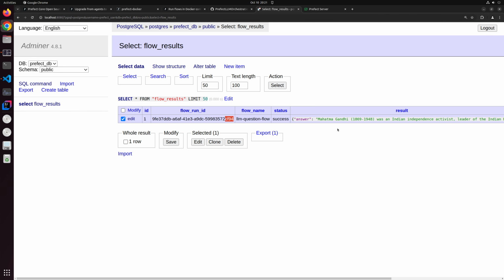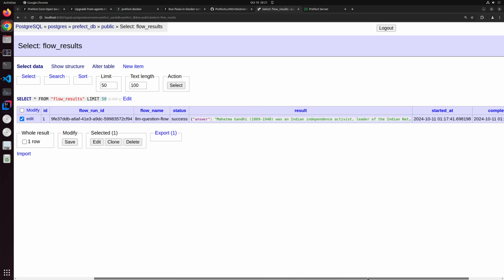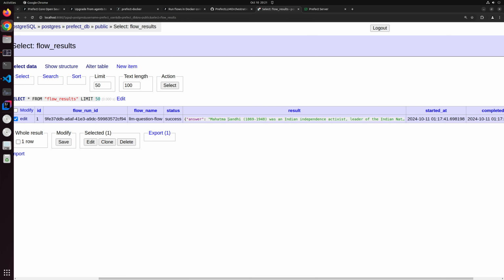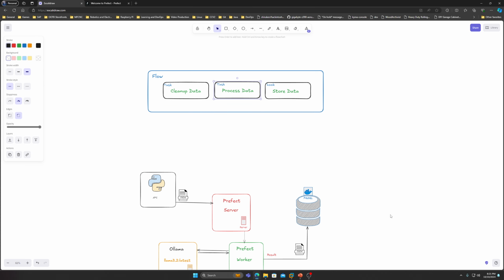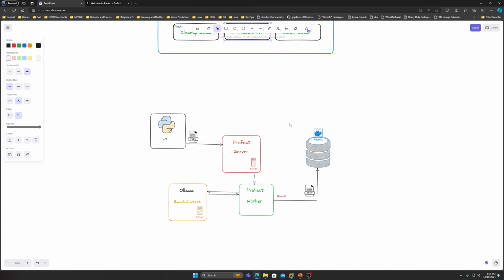So this is the flow run ID. And the actual result that we have is right here. So this is what the large language model responded back with, and this is where we have stored the result. So if we go back and take a look at our actual architecture diagram we were looking at,